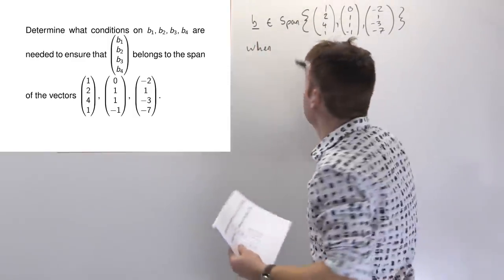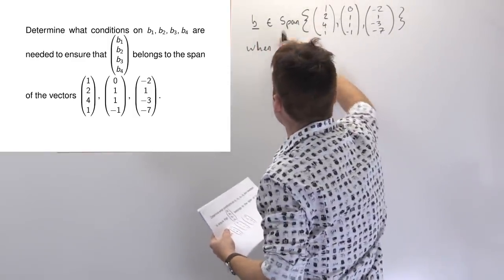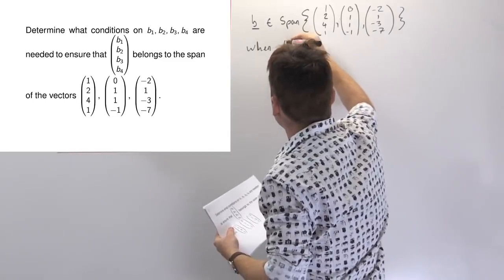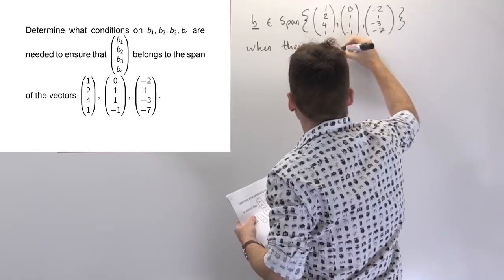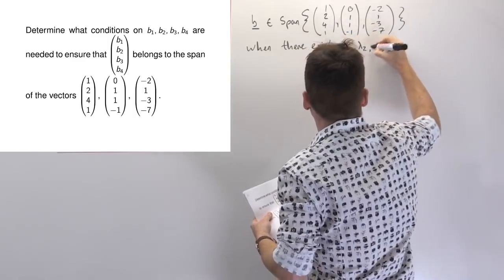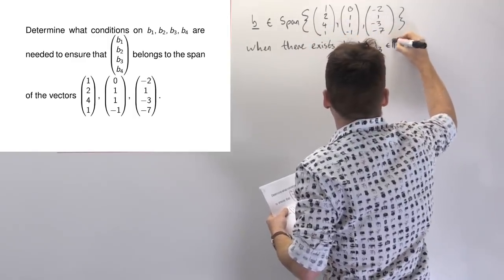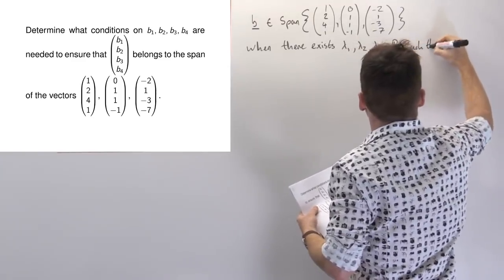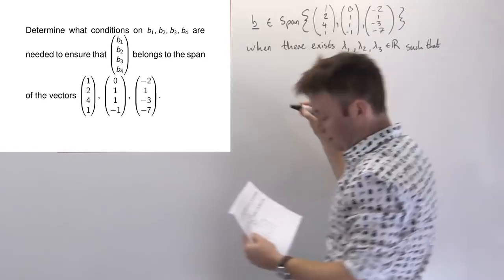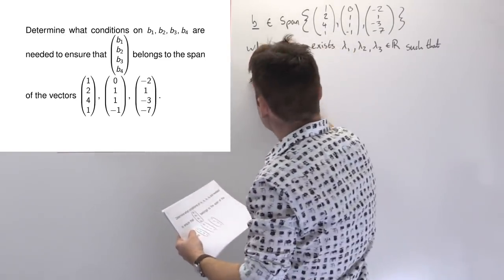That means when there exist lambda 1, lambda 2, lambda 3, elements of the real numbers, such that